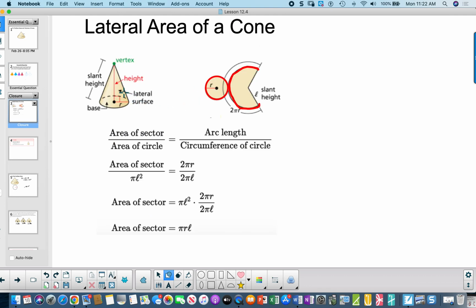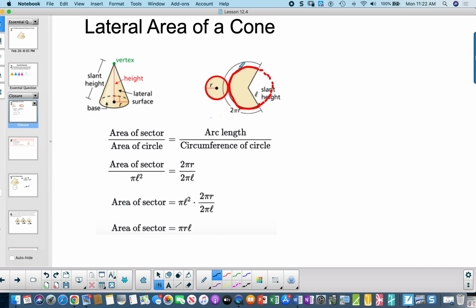The lateral area is this part that goes around, and if you pull it apart, it's actually a sector. So this red portion is actually what's going on over here. The area of this sector is what we would like to find out, because that will be what we call the lateral area. So the area of the sector has a ratio with the full circle. So if I were to draw the full circle, so that lateral area is to the whole circle as the